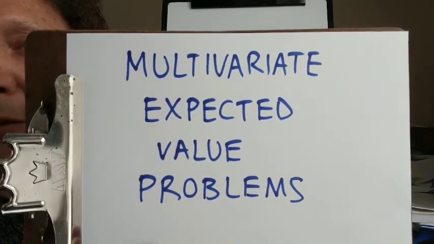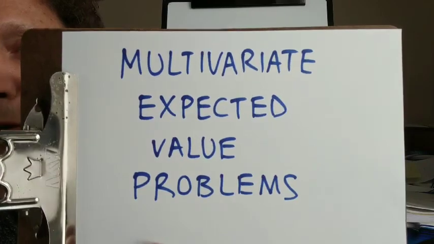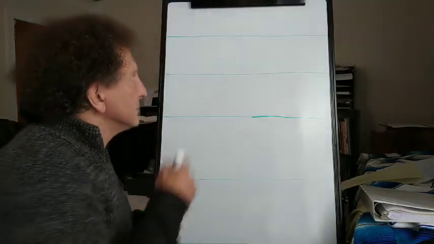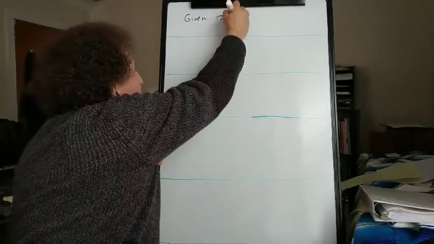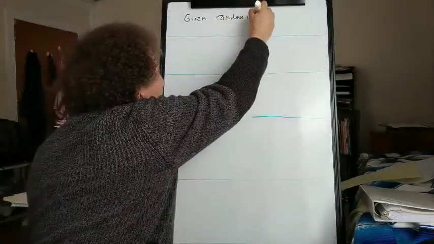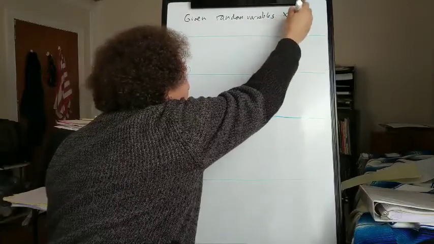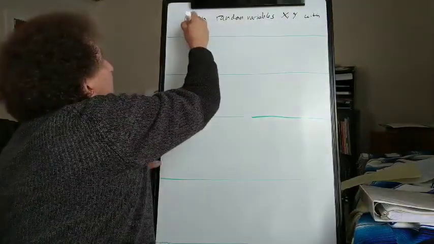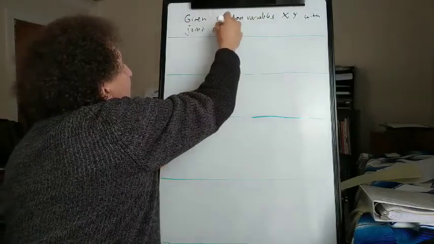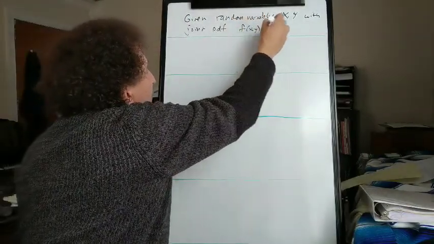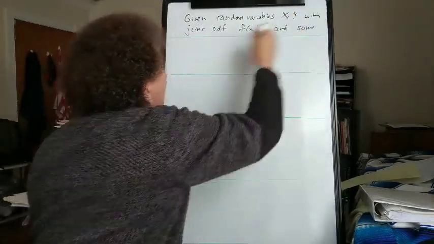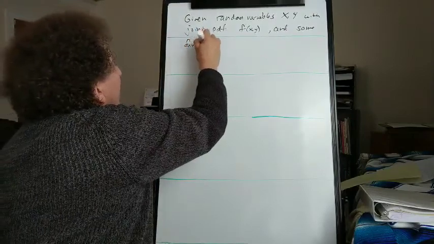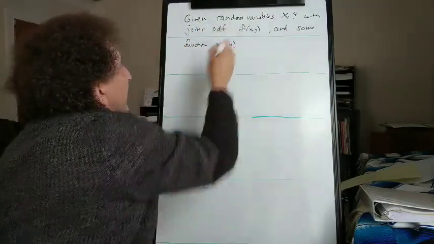Let's look at some expected value problems that involve more than one random variable. So if we're given random variables x and y with a joint probability density function f of x, y, and some function g(x, y) of two variables,